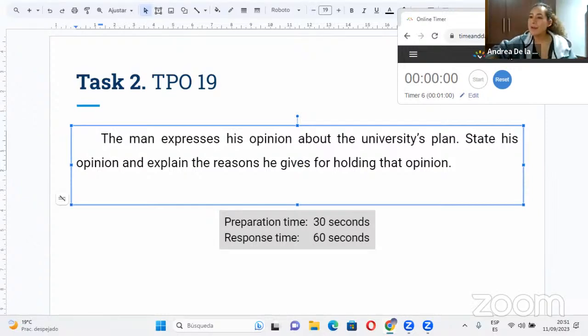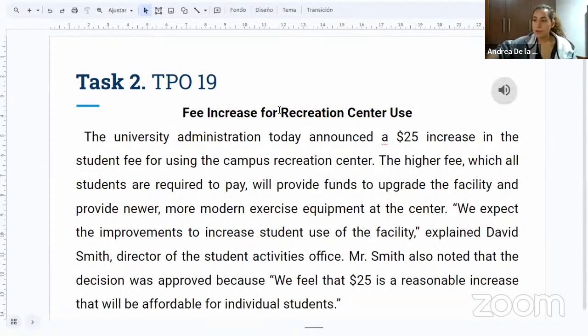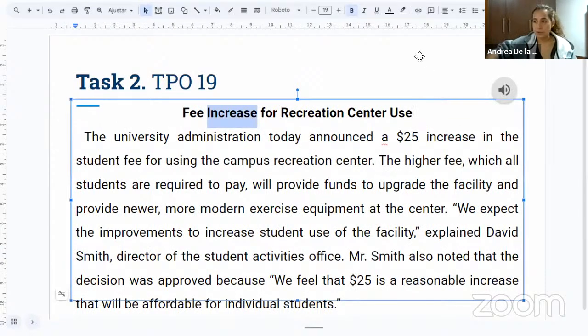Okay, nice, but you got confused. You were using the template for the third question, and this is the second, right? Don't forget. The one that is about the university, that is the second question, and you were using the template for the first. So careful. Remember that in this template, you have to first state the student's opinion. So the student supports the idea of, and then you need to explain the idea using the verb, right? Of increasing the fee for the recreation center.